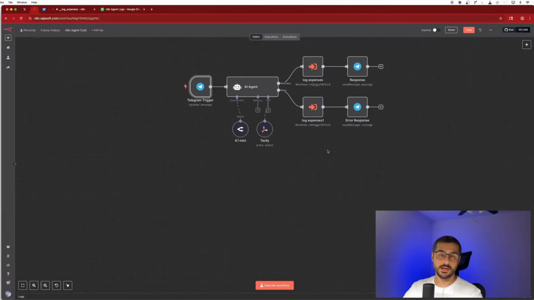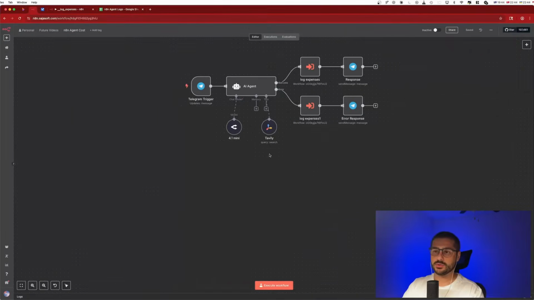So, in the world of AI agents, it's really important to know how much money or how many tokens each agent is using, because it's not like regular software code that runs stably and consistently. There are no unpredictable results. With AI agents, it's a bit different, and you know that. That is, you need to know how much each agent is spending, because they can hallucinate. They can behave unpredictably. That's why I created a special workflow that helps monitor expenses.